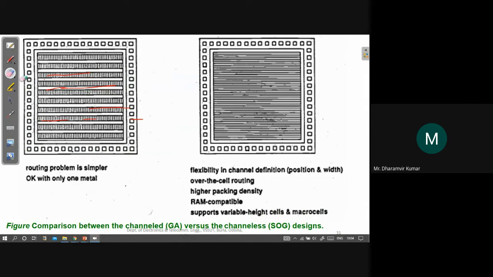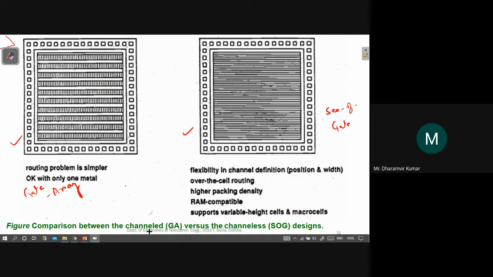Let us see what is the difference between these two types. So this is the normal gate array chip, and this is a sea of gates. This is sea of gates, and this is gate array.